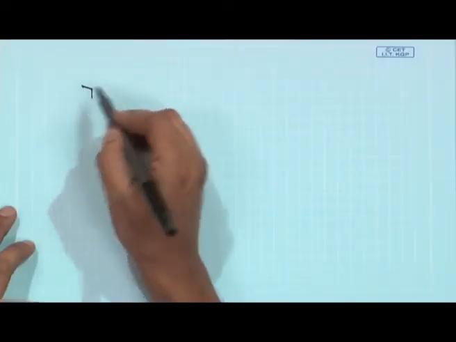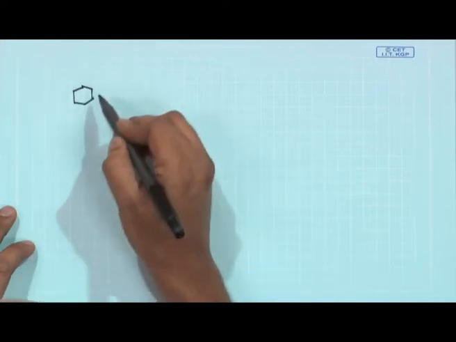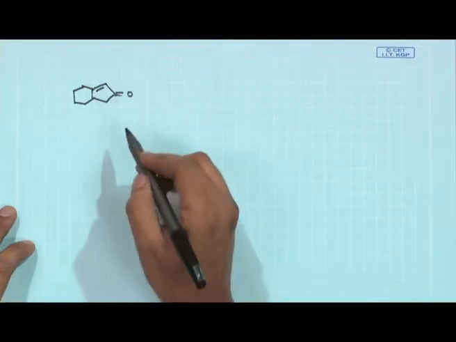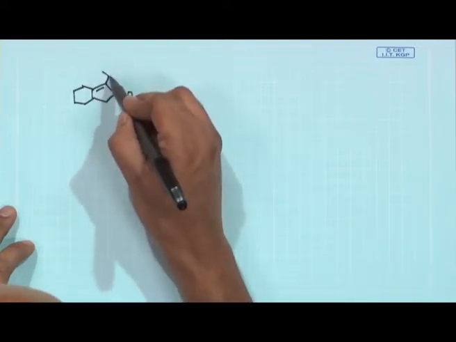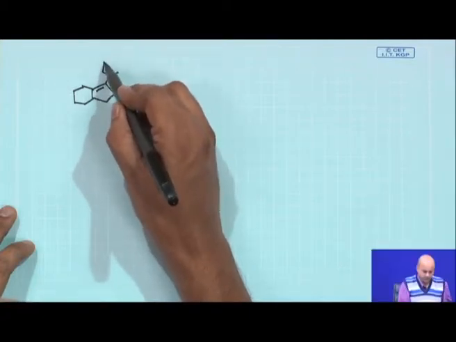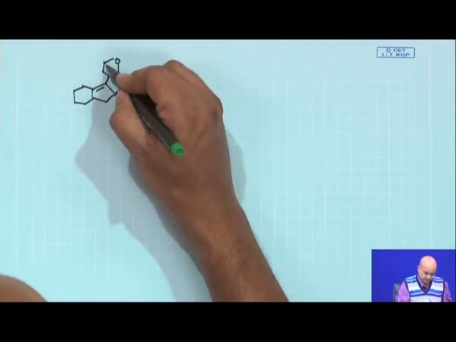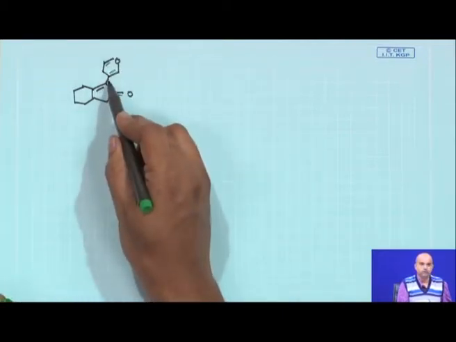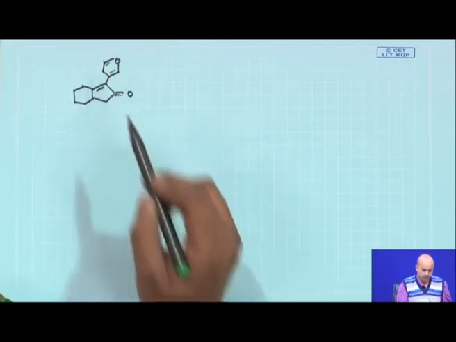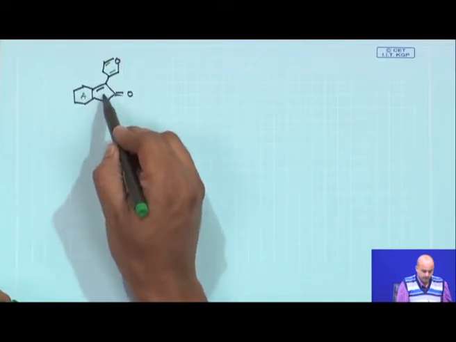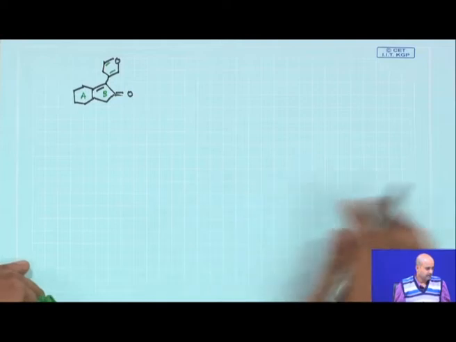Now, today the initial problem which we will try to focus on is based on a little bit different thing. See the structure very carefully, then we will show how this molecule can be constructed. Now, this molecule has a 3 substituted furan ring, and it is a bicyclic compound. So, it has ring A, 6 membered, and ring B, 5 membered.